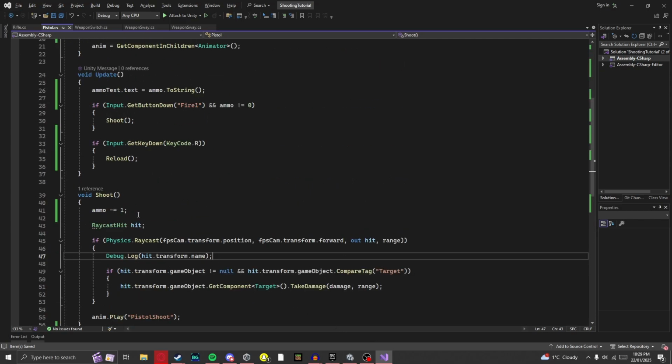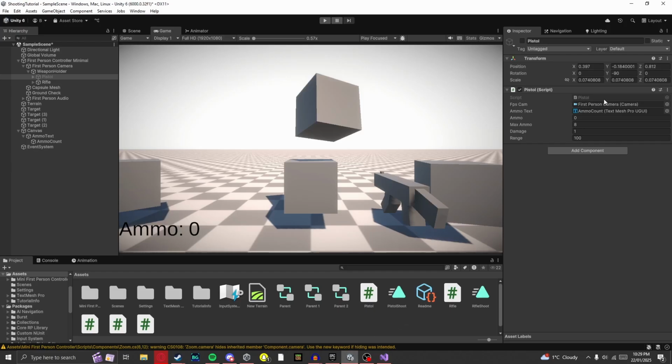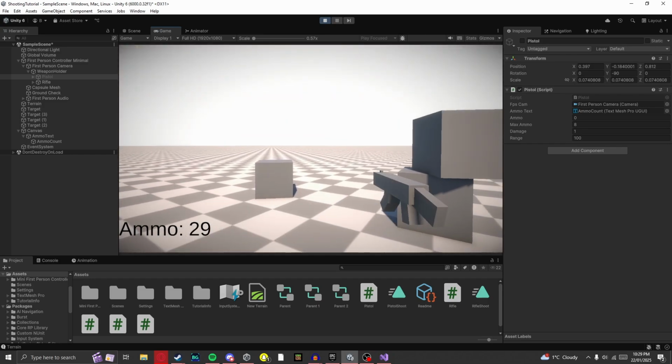Okay, now that we've finished up the script, what we want to do is go back to Unity, and you want to assign the pistol, the TextMeshPro UGUI, and then you want to set a max ammo amount. I've set mine to 8. So what you want to do now is click on play, and we want to see this in action. Now as you can see, I could fire my weapon,